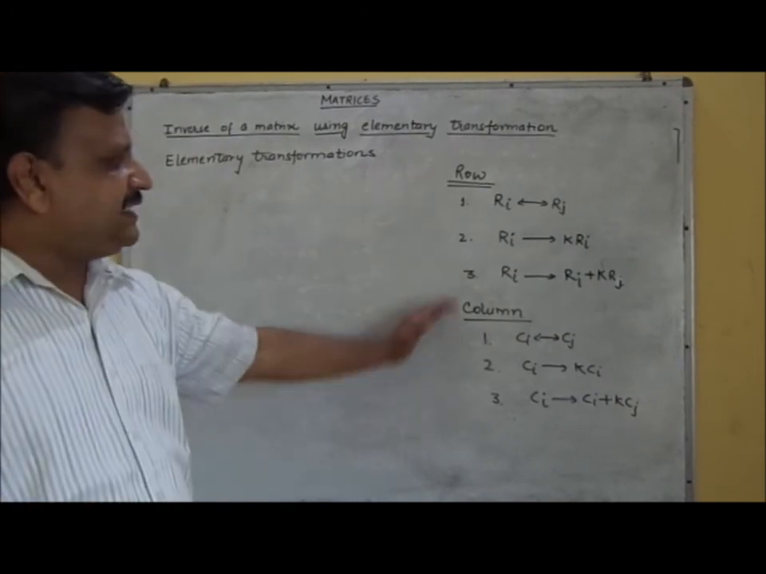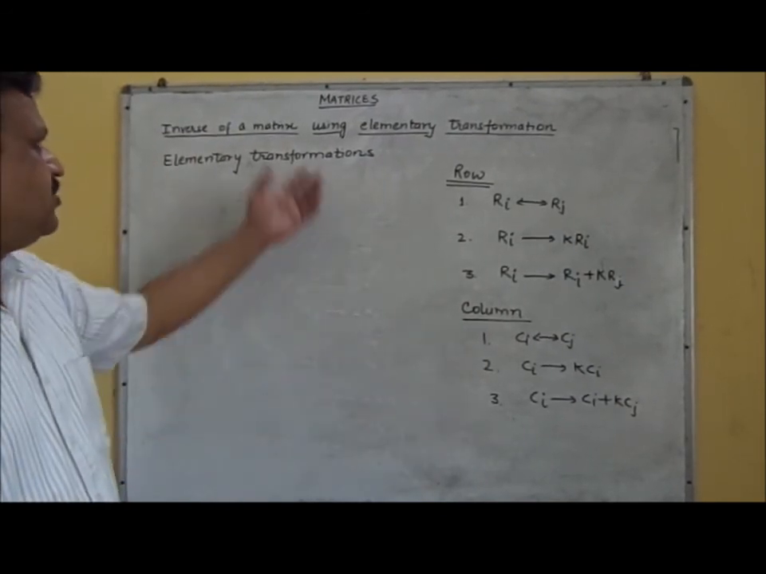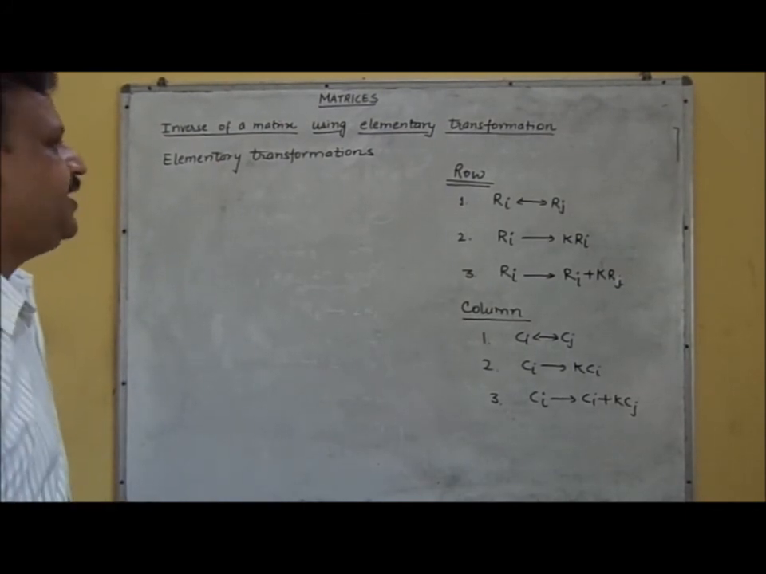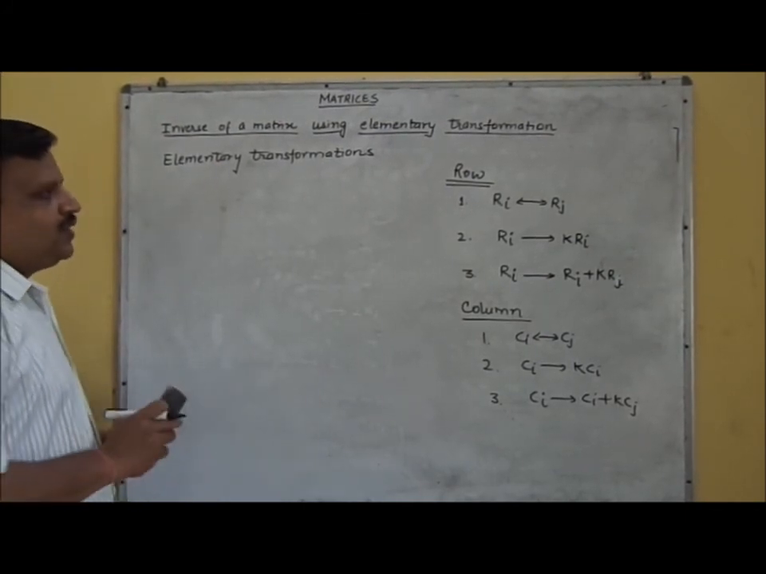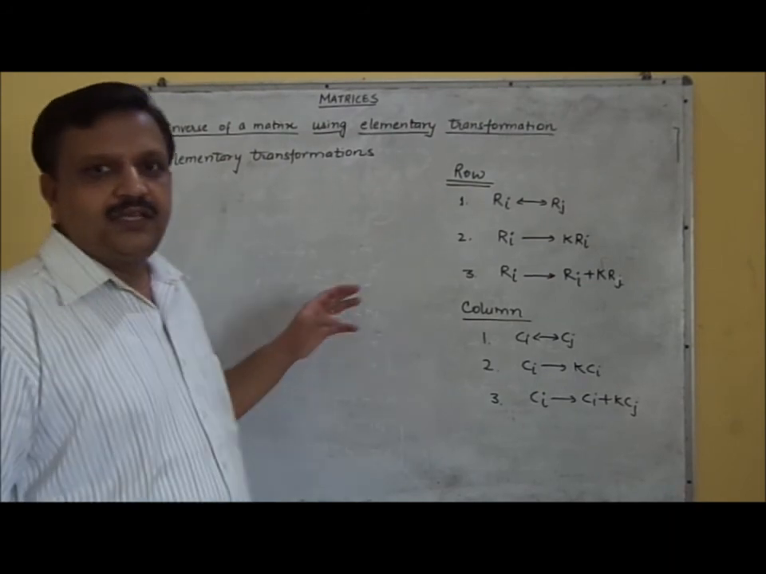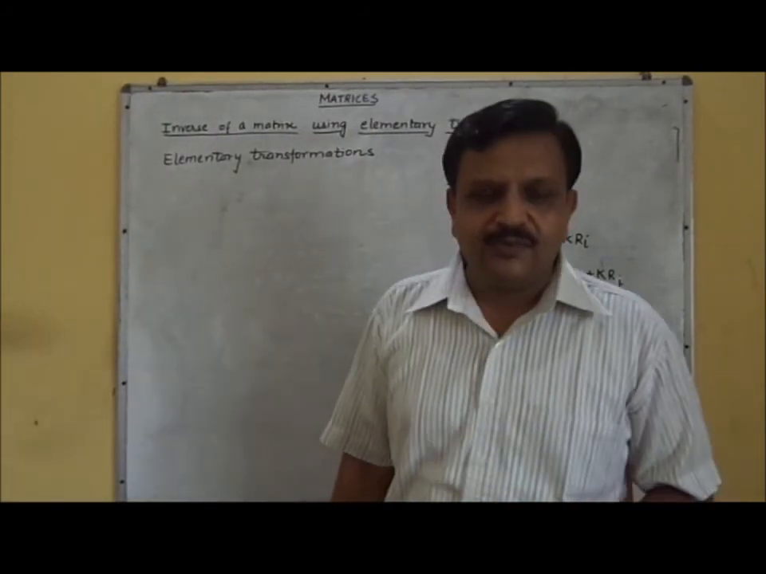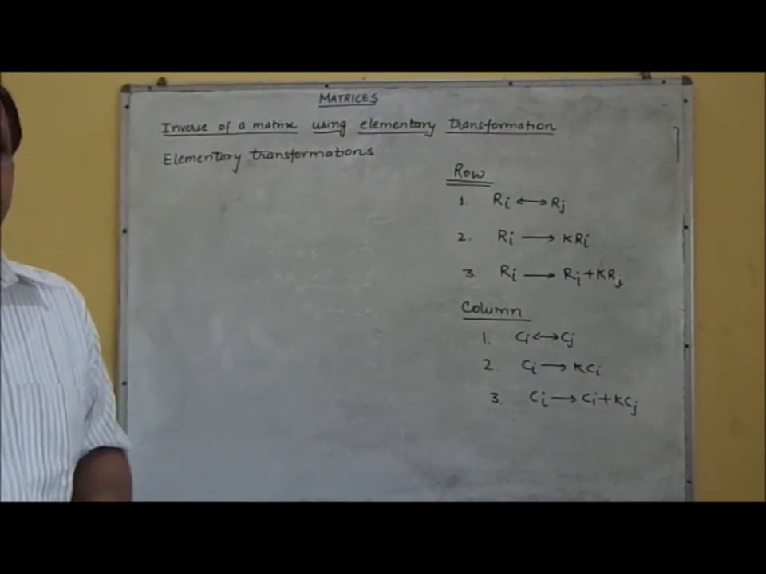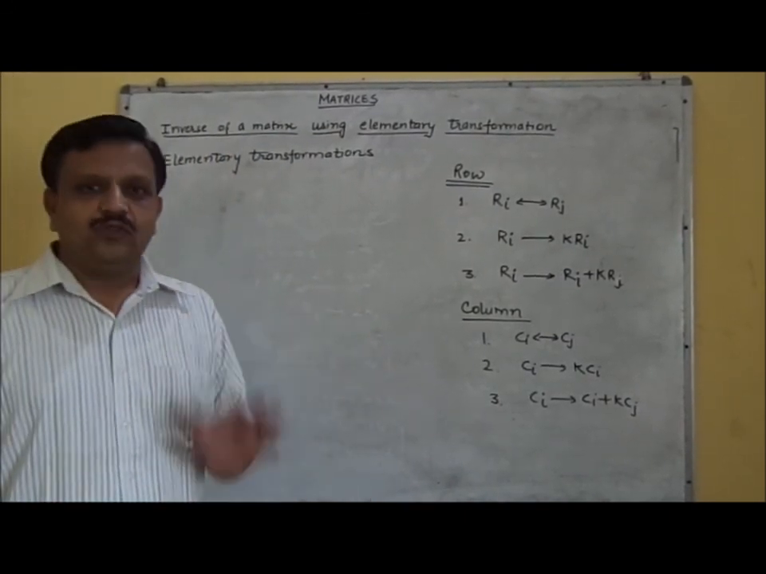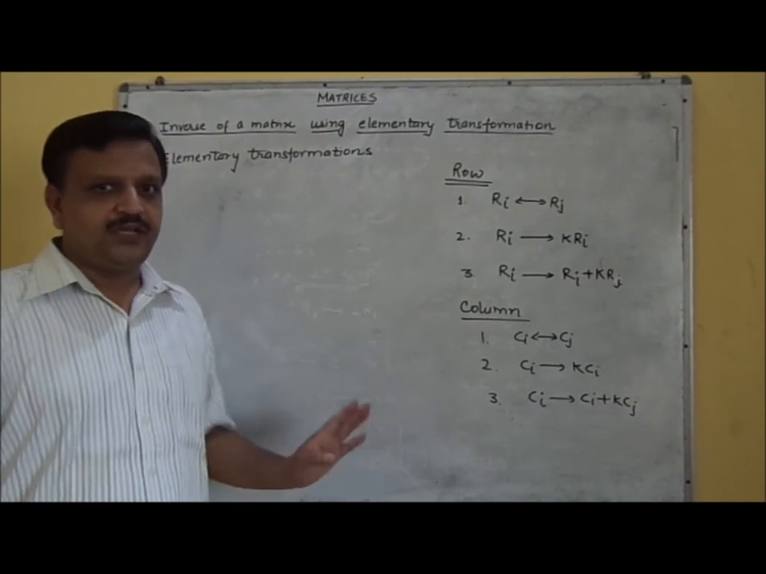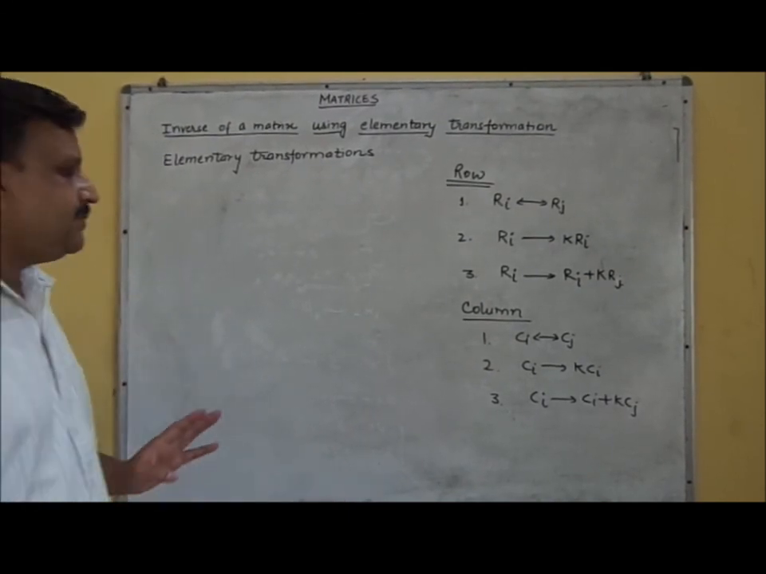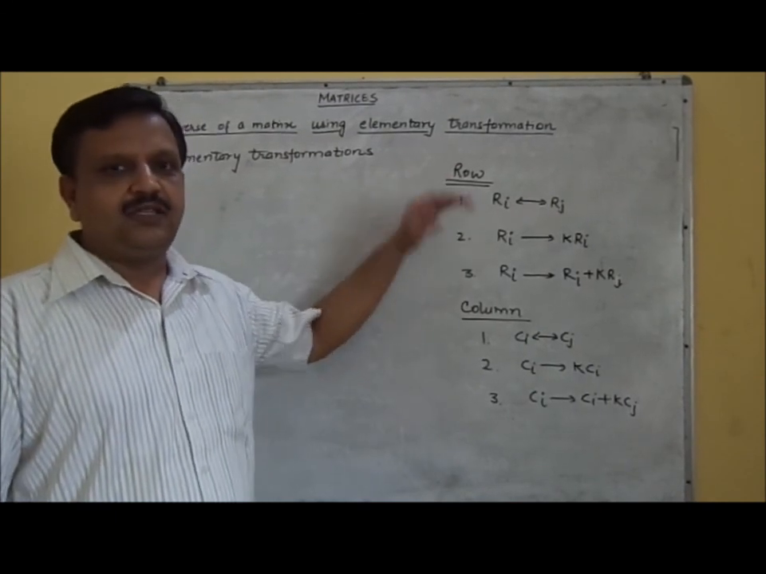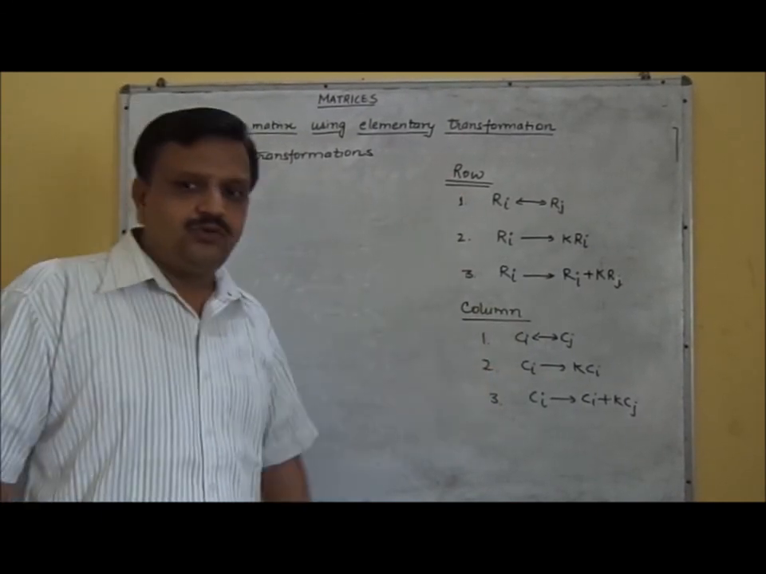Now we can use these row and column transformations in finding the inverse of a matrix. Let us see how we can find the inverse of a matrix. One very important thing is that we apply either row transformation or column transformation. We cannot apply both at the same time. So we have to use either row transformations or column transformations. Remember this. Don't get confused by applying row at some step and column at another step, otherwise your answer